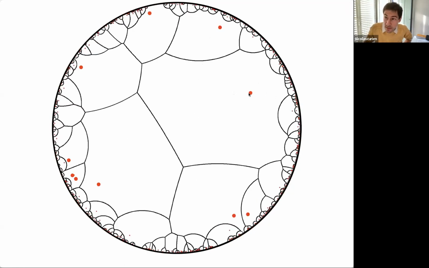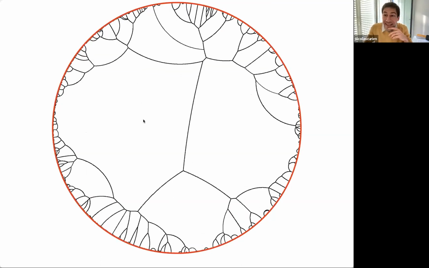You will take points on the hyperbolic ball in 3D. You will let the intensity go to 0, and you will look at cells. Of course, I cannot show you the whole picture, but let me focus on one cell, say the cell containing 0. So this cell looks like